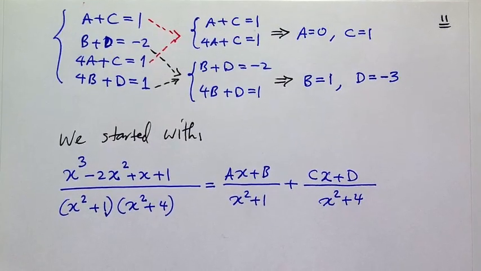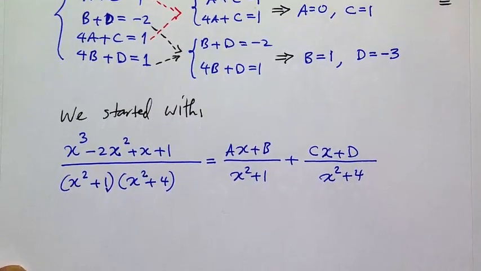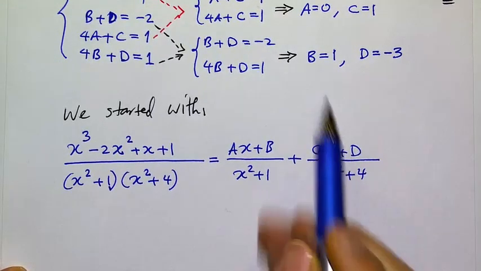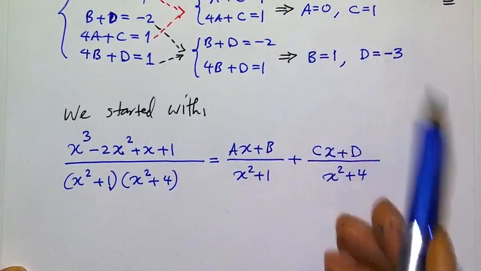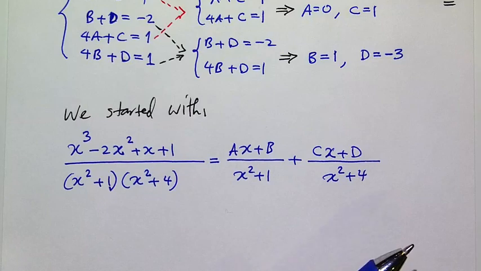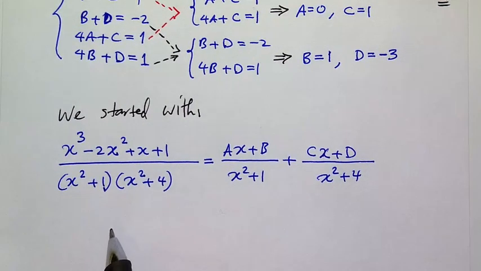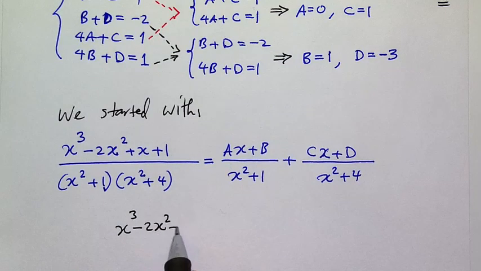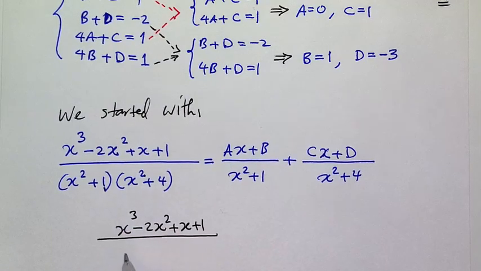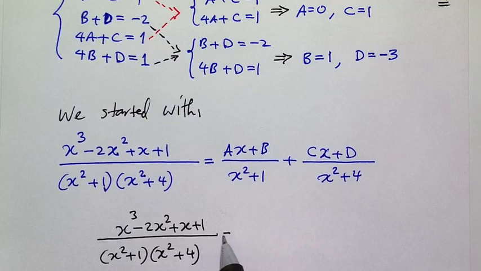And you can still see, let me move this up a little bit, so you can still see a, b, c, d, right? So we're just going to plug in. We're going to write down x cubed minus 2x squared plus x plus 1 divided by the factored form of the denominator, which is x squared plus 1 times x squared plus 4 equals,